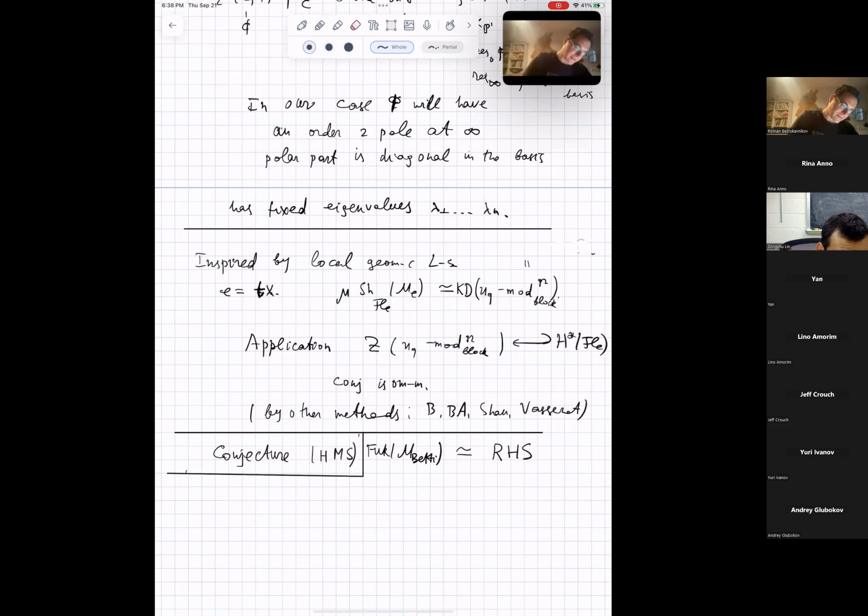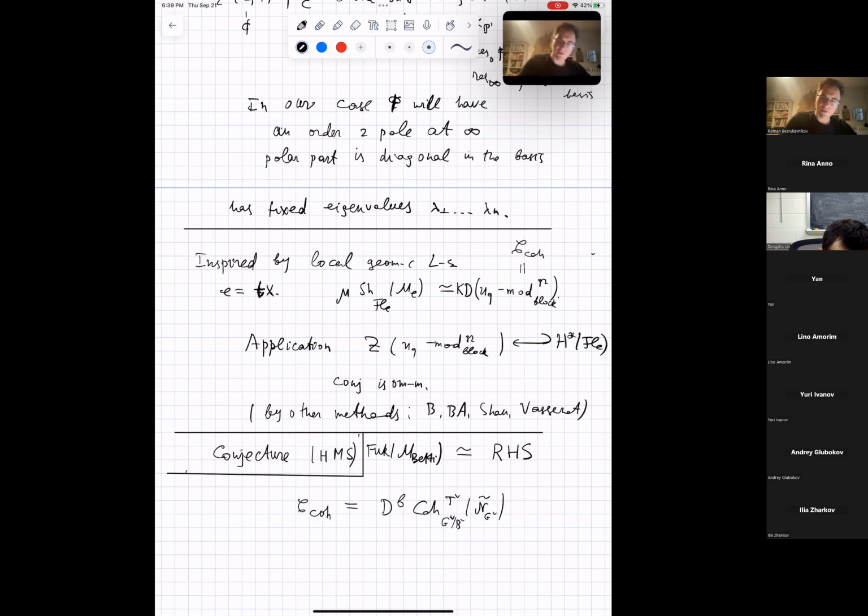Maybe I'll write it this way. So I'll start. It's equal to some sort of C coherent, and then I write here C coherent. It's DB-Koch G check of N tilde. Now G check, and well supported on the 0 fiber. And the equivalence of this to the quantum group, this is kind of known, and so this is